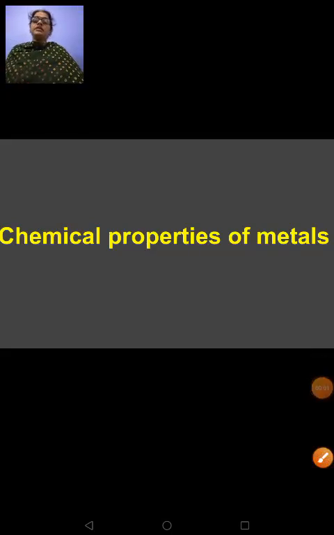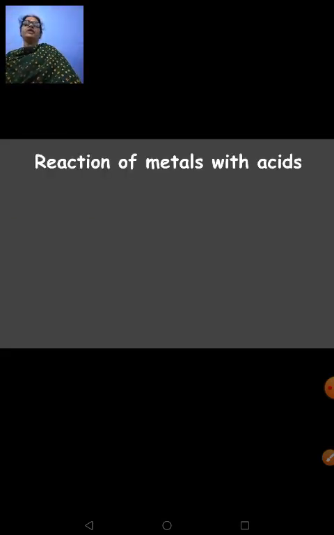We have already learned that when metals react with oxygen, or when metals are burnt in air, they form the corresponding metal oxide. And when the metals react with water, they form the corresponding metal oxide and liberate hydrogen gas. If this metal oxide is soluble in water, in that case it forms the corresponding metal hydroxide. And we have learned that sodium and potassium are highly reactive with air and with water, right? And in today's session we are going to begin learning about reaction of metals with acids.